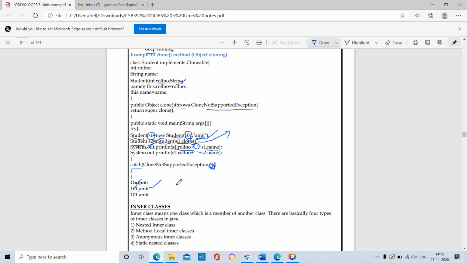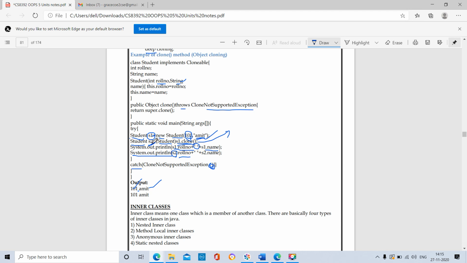In the next statement, by using System.out.println, we will display the next output. So s2, the second object, dot roll number is also the same as s1 because we are copying s1. Whatever values s1 contains will be copied to s2.